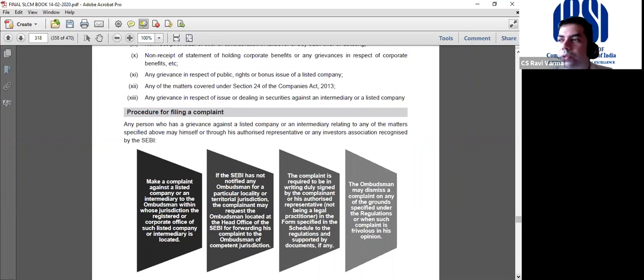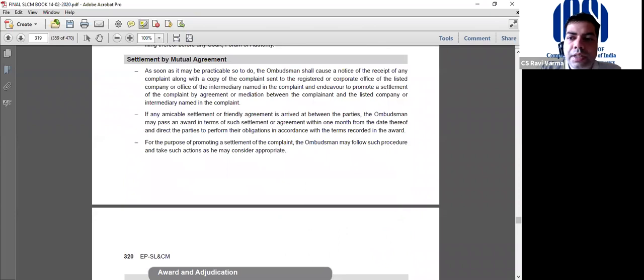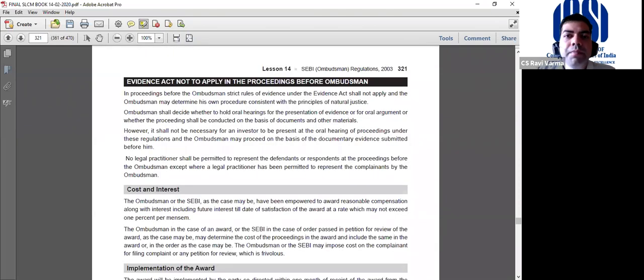And before the ombudsman, whatever you say does not take the shape of evidence, because it is oral. Whatever you say before the ombudsman is not evidence at all. On the next page, page number 321, you can find that the Evidence Act does not apply in the proceeding, because there are certain things which will not be considered as evidence, since the ombudsman may take your oral